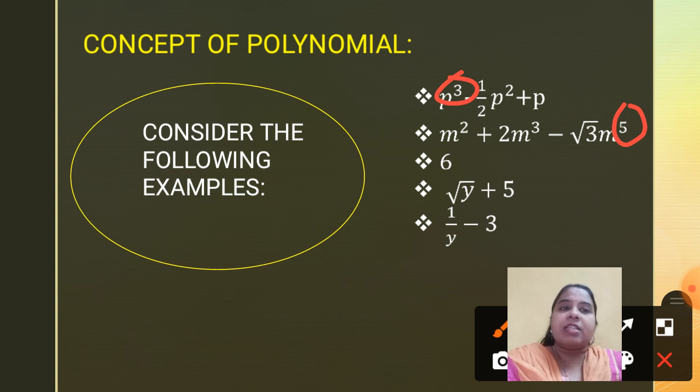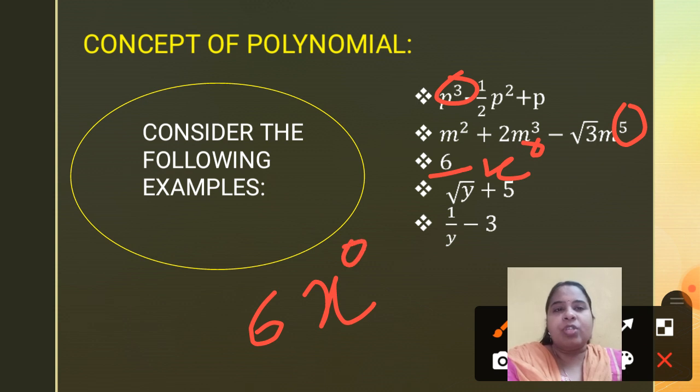It is just 6. Do you remember what you have learned in 8th standard? Is this a polynomial, a monomial or no? See, 6 can be written as 6x raised to 0. And what is the law of indices? That any number raised to 0 is 1. So 6 into 1 is 6 again. I am not changing the question. Instead, I am writing 6 as 6x raised to 0. So what is the degree in this case? Degree is nothing but 0.